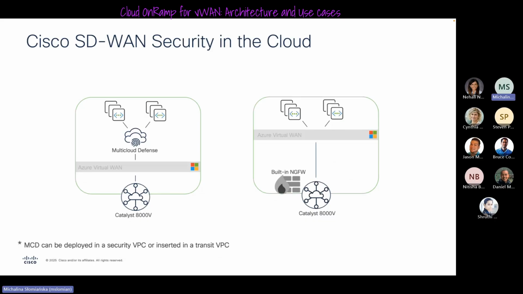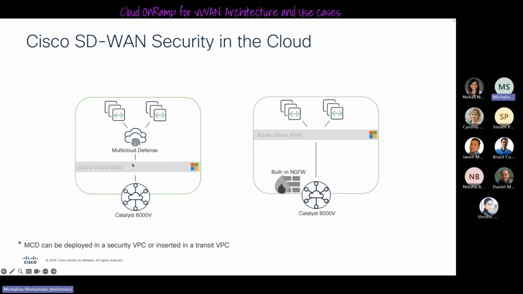In case you are wondering, okay, but what about security? Security in the cloud, security from the cloud. Depending on point of view, it can be different whether you want to protect your physical network from the cloud or the other way around. Either way, we are helping with doing that. So our Catalyst 8000V has built-in a new generation firewall feature, so you can actually use it while connecting to the cloud. So you would use the firewall on the NVA itself, but also, as Nitisha mentioned earlier, we have a Cisco